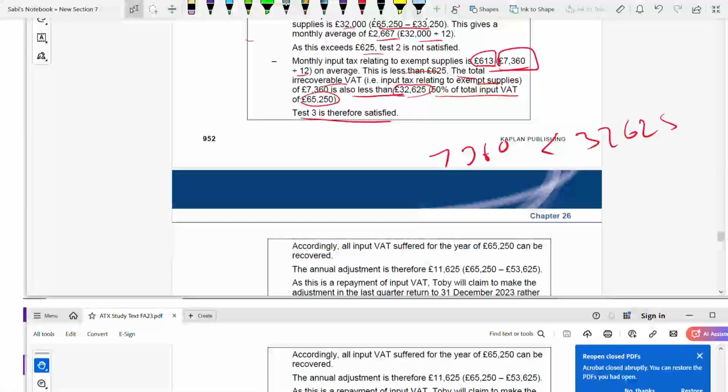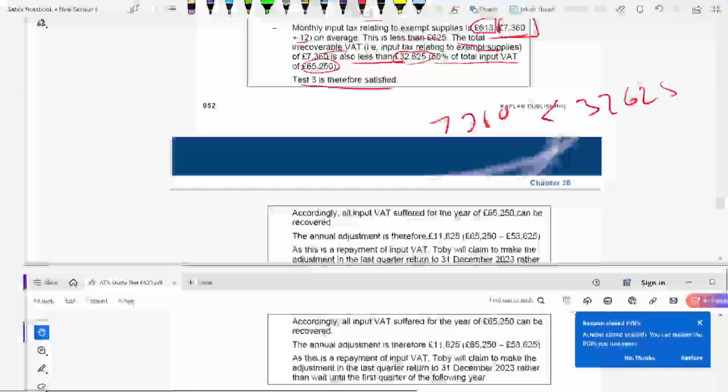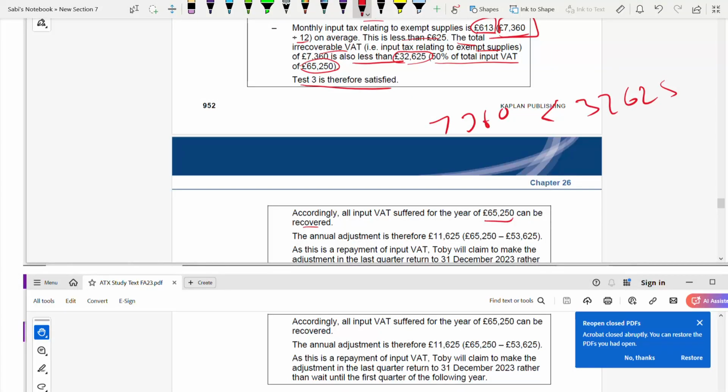So now, because test 3 is satisfied, this entire 65,250 you can recover. So this entire amount can be recovered now. That is the meaning of satisfying test 3. If test 3 is satisfied, all input VAT suffered for the year can be recovered. So now the annual adjustment, they have given this much. You can recover this much, you have reclaimed this much. This is your annual adjustment. You will get a repayment of input VAT of that much. You can claim this much, 116,250. Okay, so you will claim to make the adjustment in the last quarter return to